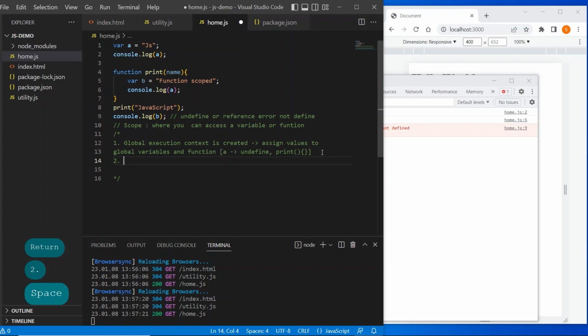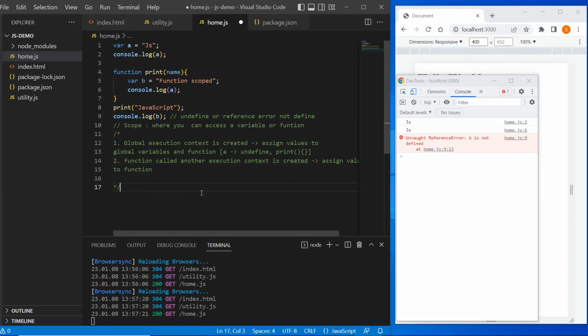The second step is, when a function is called, another execution context is created for the function. It will also try to assign values to variables, and to any function inside the function.